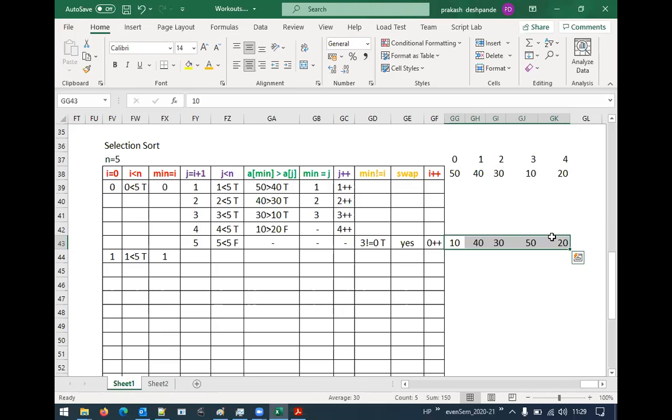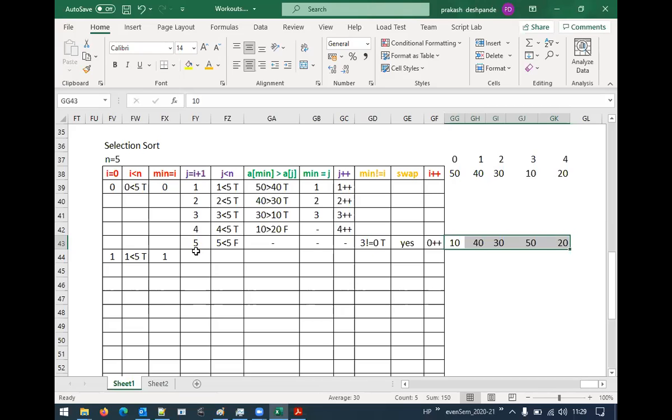And after that we got these many numbers. Obviously all these numbers are unsorted only. We will look into these in the next iteration. But at the end of the first iteration of the first pass, we identify the smallest element and we place it at the first position, and the number of swaps that have taken place here is exactly 1. It was not more than 1, unlike in the previous techniques. Understood? Now let us proceed further with the next iterations.